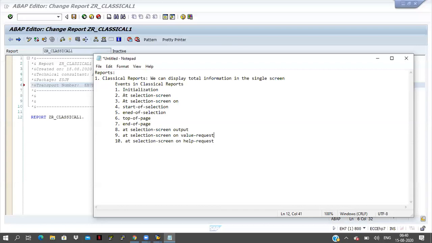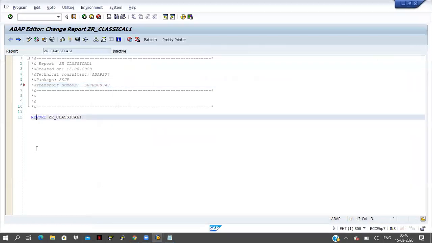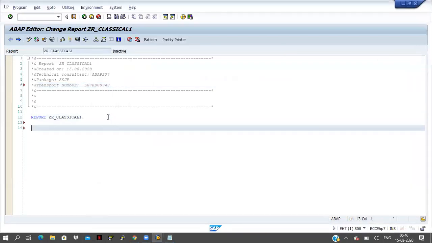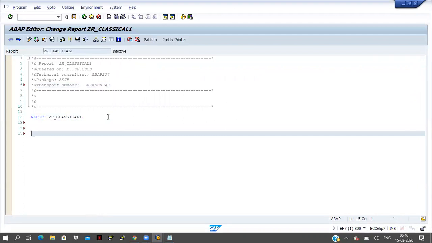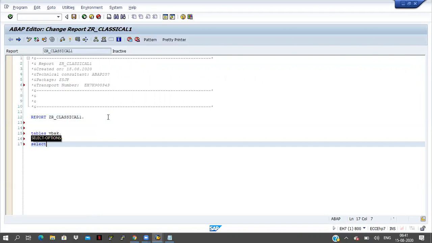For example, initialization. What is the initialization here? Here I will take some input screen like TABLES VBAK, SELECT-OPTIONS s_vbeln FOR vbak-vbeln. Save it, check it, activate it.